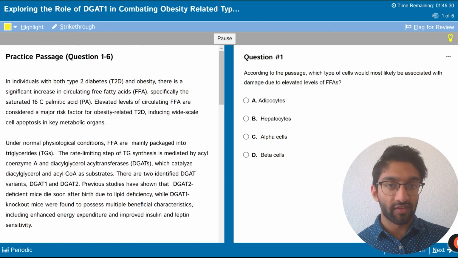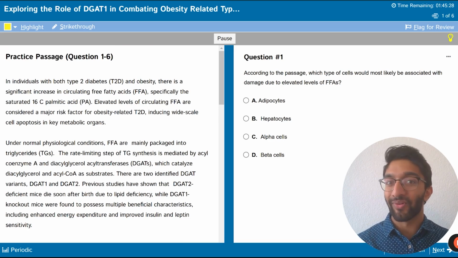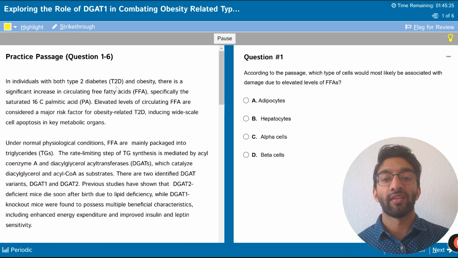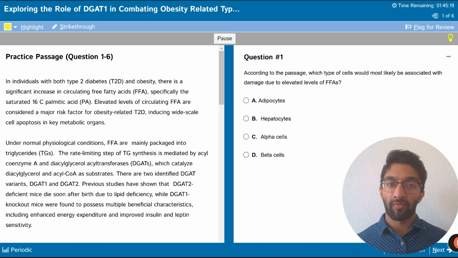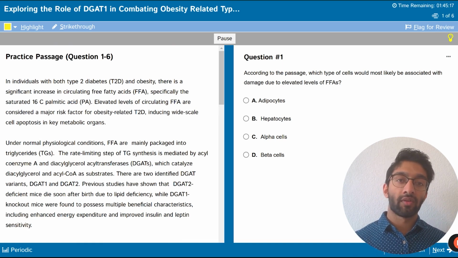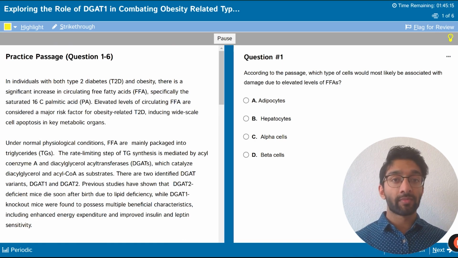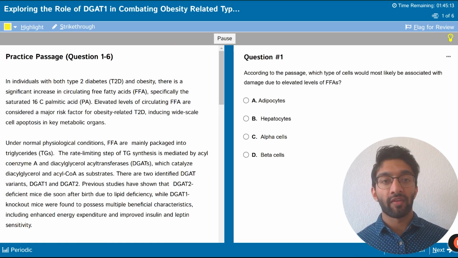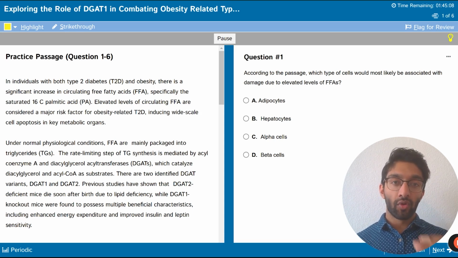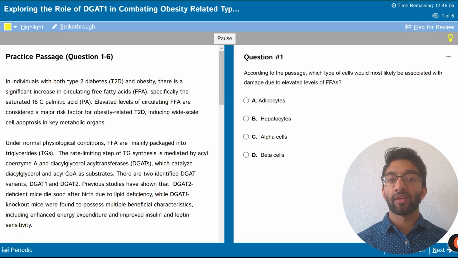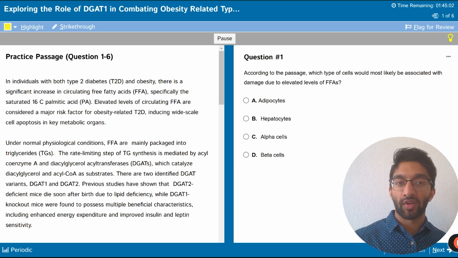Of course that's the title of the passage, but in the real MCAT you don't always get titles. So it's good to read the introductory paragraph just so you get a sense of what the passage is going to be about and just be in this frame of mind. I know there's some strategies that recommend that you completely skip the passage, and honestly I'm not the biggest fan of this, because personally I think that if you have no clue what the passage is about in general, and then you go to the questions, you might get a false interpretation from the questions of what the passage is on,